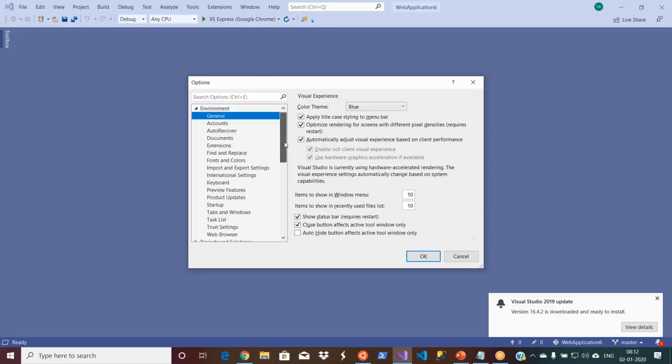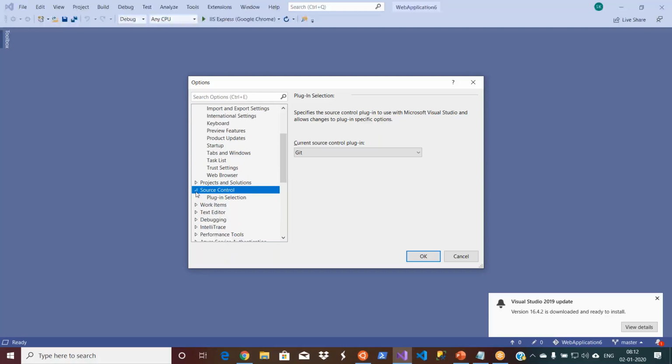You scroll down and look for Source Control. Here you have the plugin selection. Yesterday it was pointing to Visual Studio Team Foundation Server somehow. I don't know, it changed in the background. So I changed it to Git and it started working.